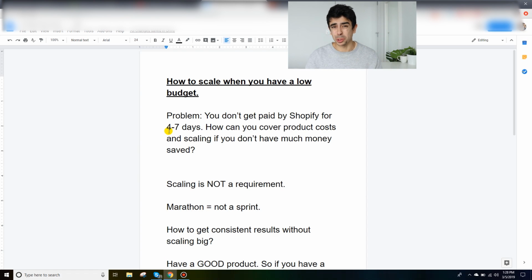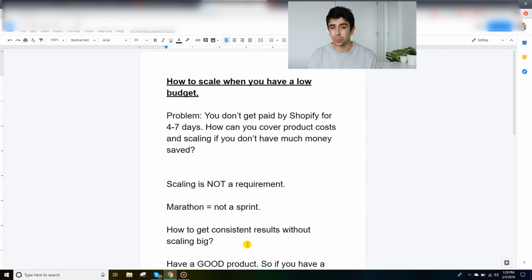The product wasn't as good as I expected, and the shipping times were a little bit delayed. So there are so many complications when it comes to drop shipping at scale. And one thing that I want to say real quick that goes hand in hand with this right here, how